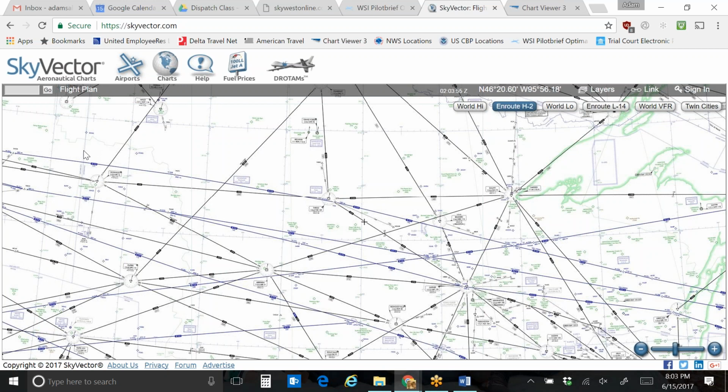Obviously, Phoenix is a very busy airport to depart from. They're definitely going to want us to use a SID. For arriving at LA, obviously they're going to want us to use a STAR, same reasons: busy airport, traffic congestion, ATC workload. And then everything in between,